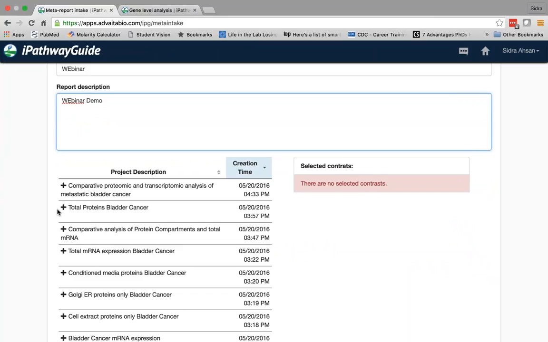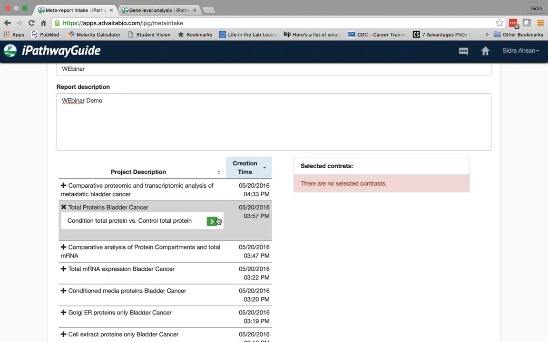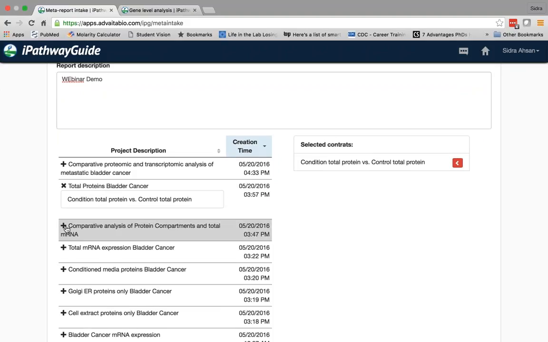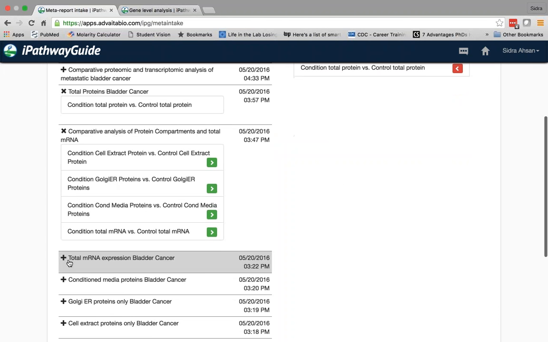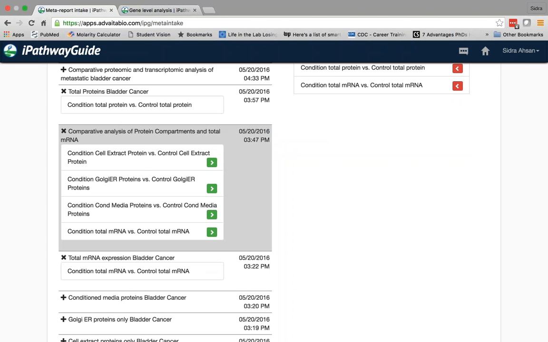So it's important to remember that the proteomic data was analyzed on its own, case versus control, and mRNA expression data was also analyzed, case versus control, and now I'm going to generate the meta-analysis report of the two. So I'm going to click this here and add this report to my selected contrast for the meta-analysis report, just the total mRNA expression one.